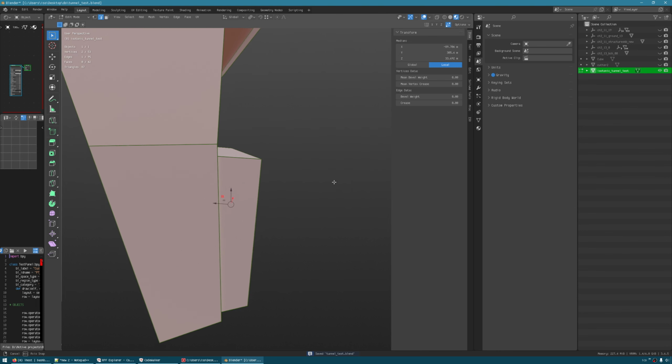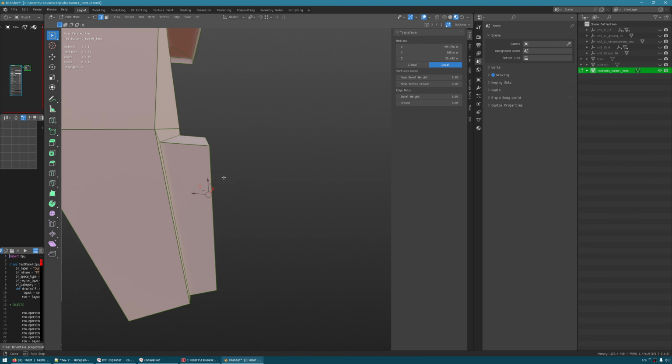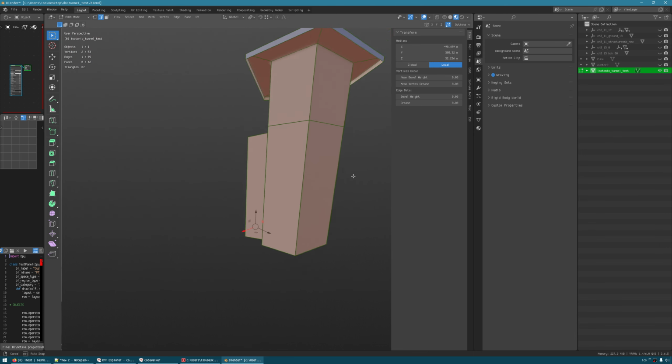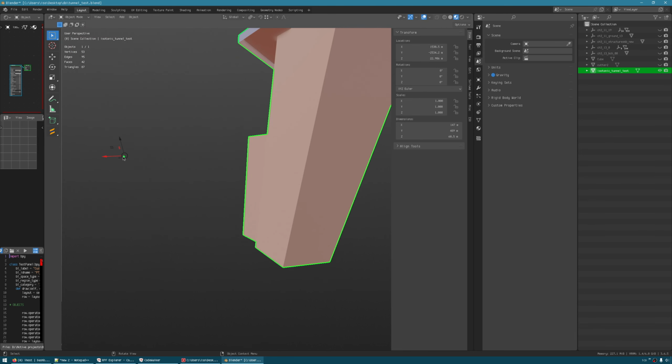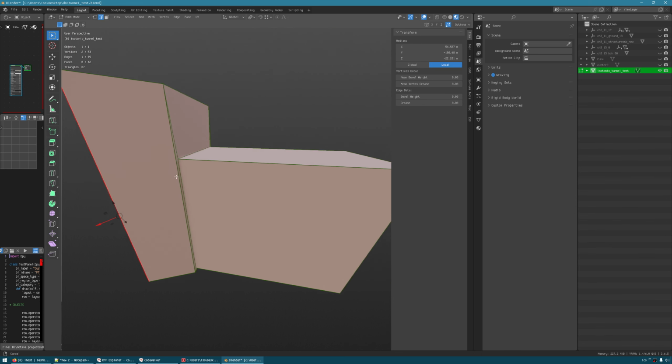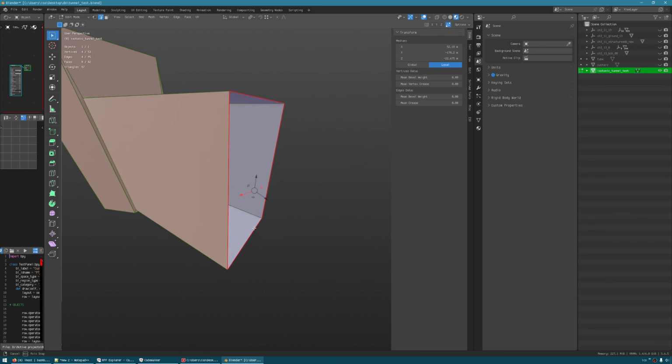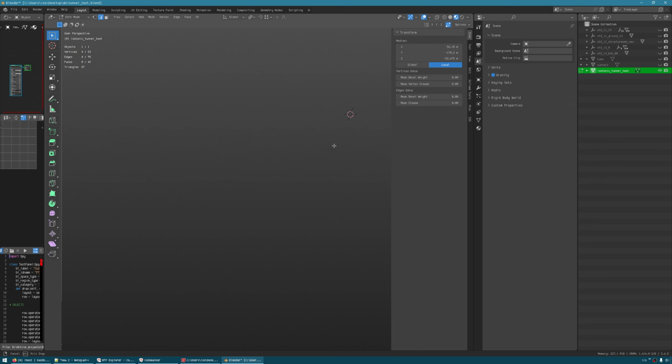One thing you need to be aware of, so this piece of geometry has 4 edges, and we're going back to the other piece of geometry in here. This also has 4 edges. Why is that important? You will see in a second. If those two do not match, when you try to